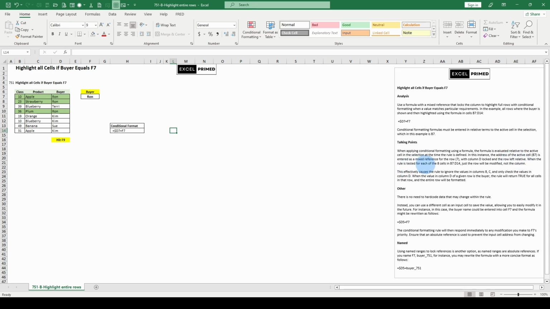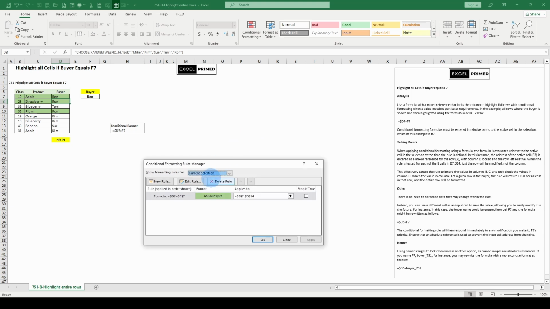When the rule is tested for each of the 8 cells in B7 to D14, just the rows will be modified, not the columns. Kind of a bit of trickery by just including a dollar sign. It will lock this. So if you want to see how it works, just go into conditional formatting, manage rules,